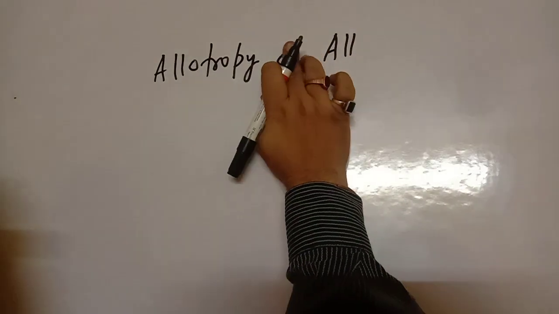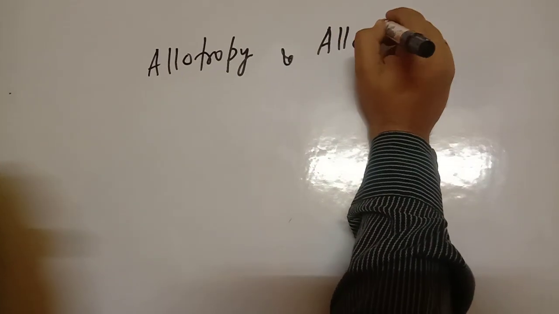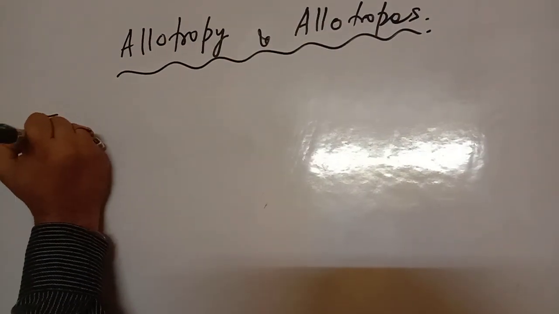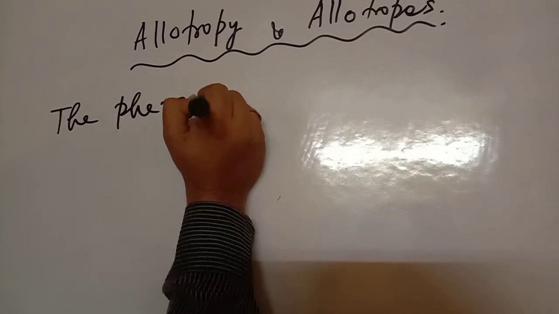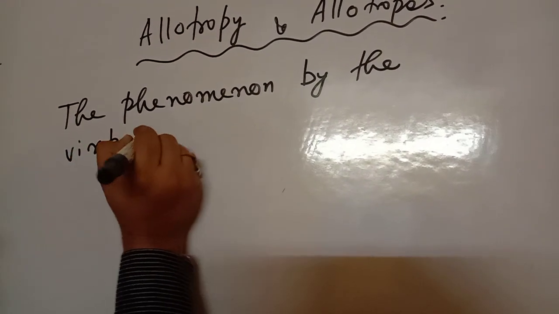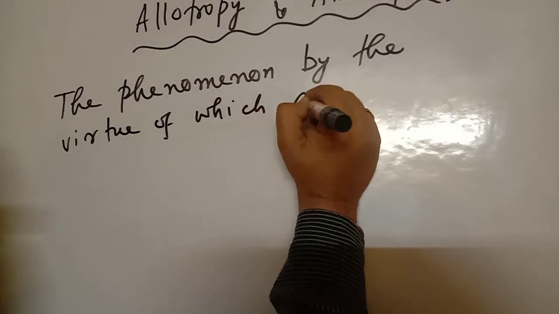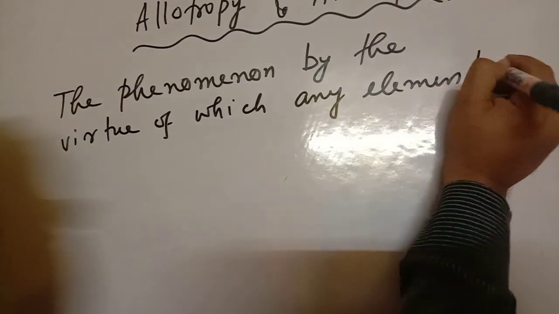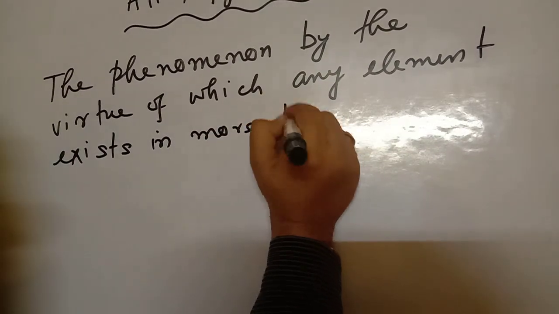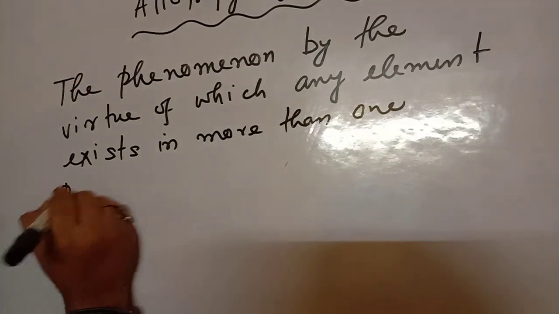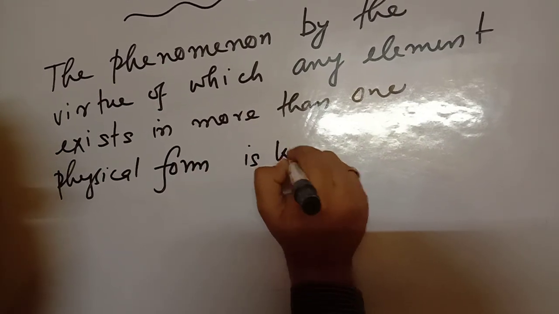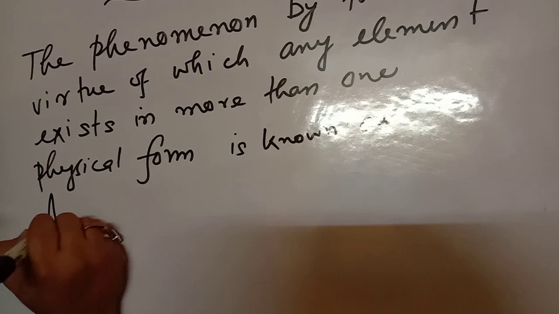Now, coming to the topic, allotropy and allotropes. The phenomenon by the virtue of which any element exists in more than one physical form is known as allotropy,